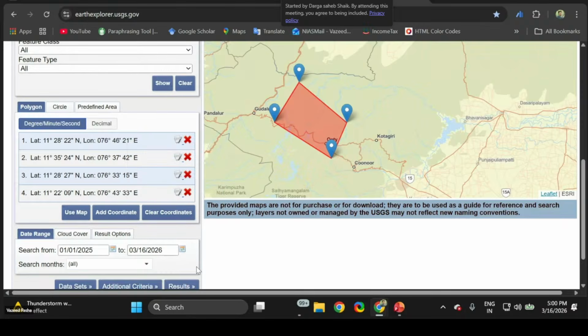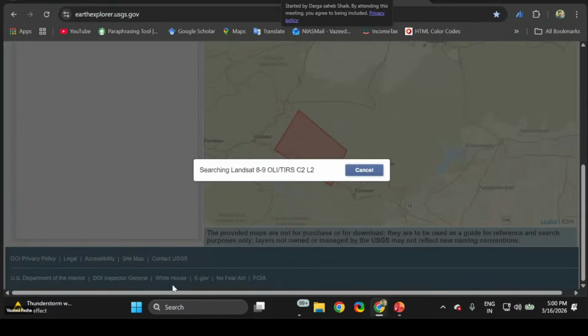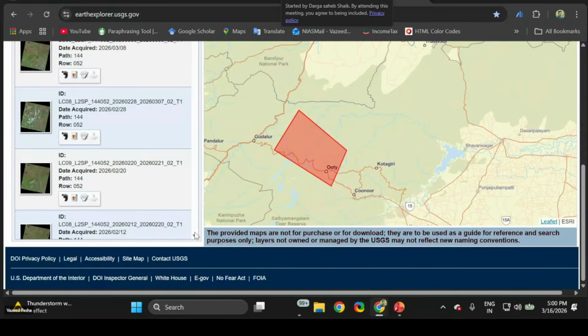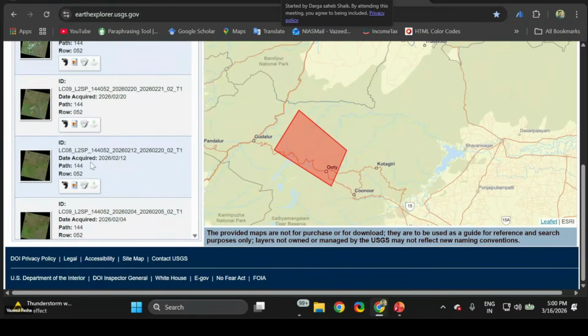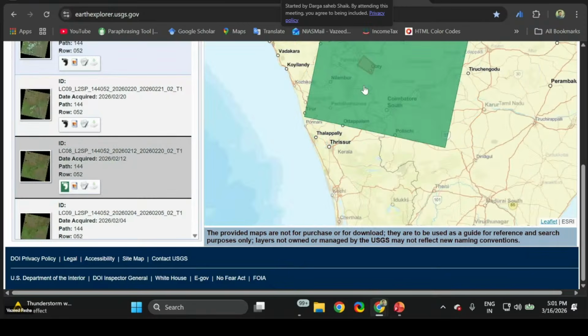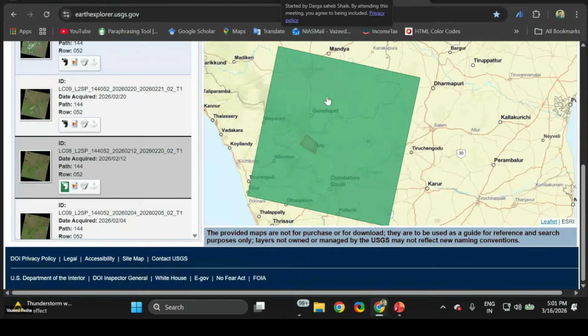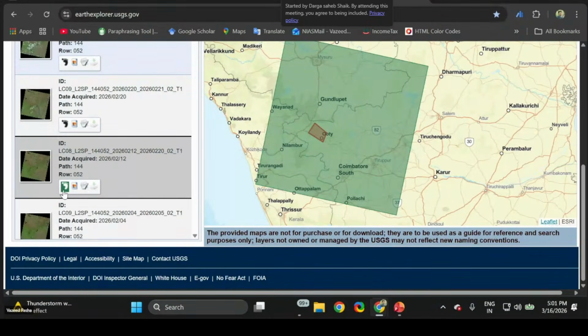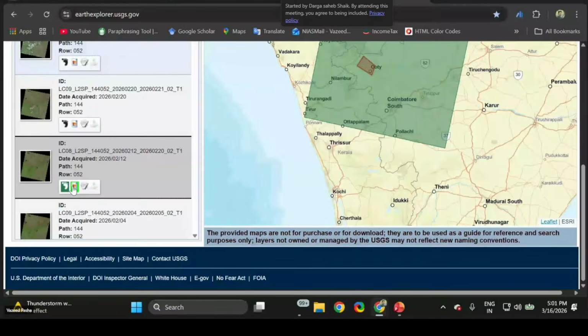If a satellite passes today, that data is also available by tomorrow or today night. So then you go with the results. So available. Now your Madumalai Tiger Reserve area, you need to check with the footprint. So your path is 144, row 52. So this entire area has Nilambur, Gundulpet, Ooty, Wayanad. All these areas are there. So this is the study site. So now you are able to get the one satellite data.